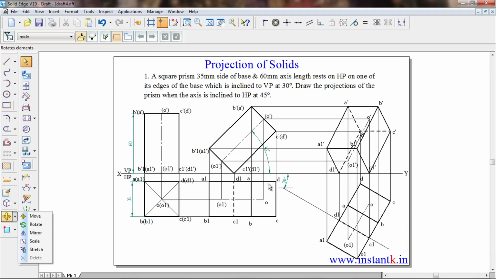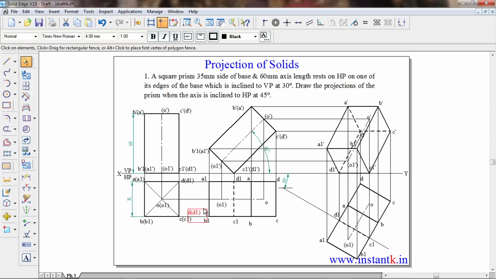Then from that we can draw vertical projection lines and we will get the second top view. Then it is resting on this edge, that is D1 and C1. That D1 and C1 should be on this 30 degree line. You can select like this. You can select this rectangle by using this select key. Then you can click on this move command, move with respect to D1, and you can rotate like this. From that we can draw a vertical projection line, and from this we can draw a horizontal projection line. We will get the final front view.